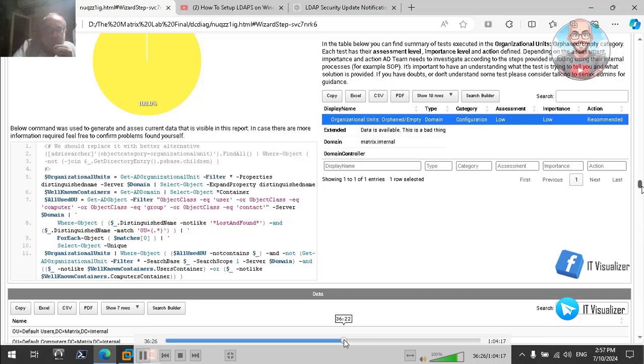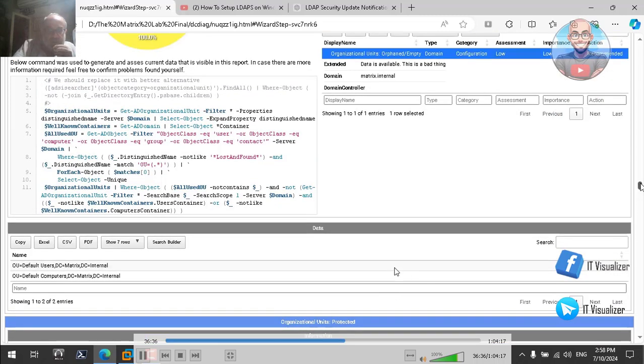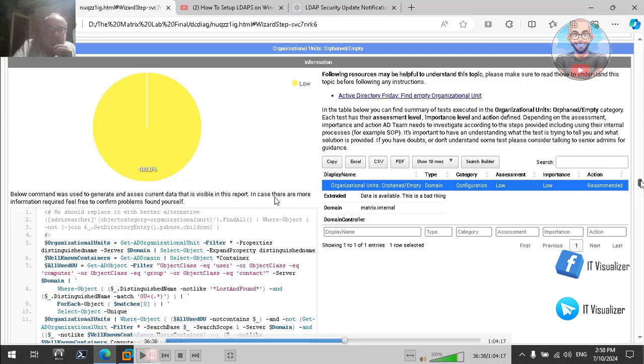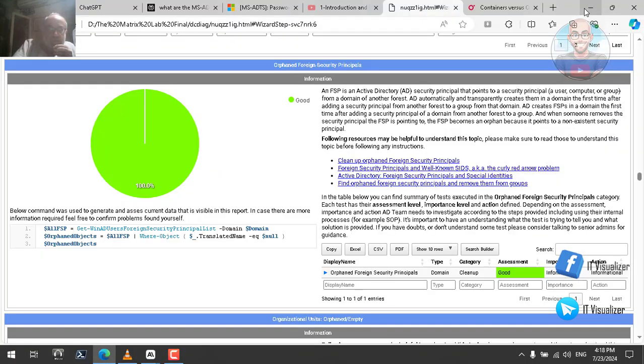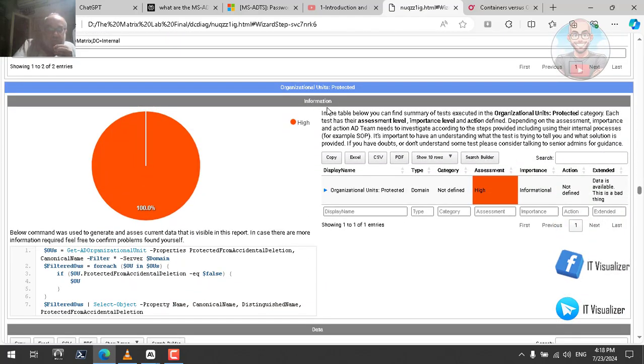Okay, I think we can go to the next. Here also, the next report, or the next test, will check if your organizational units are protected or not. So let me go and show you something here. The next test, okay, what it will do, it will check if you have any organizational units that are not